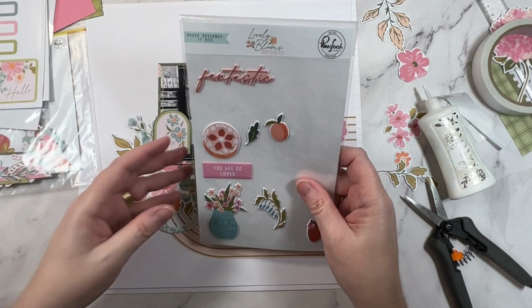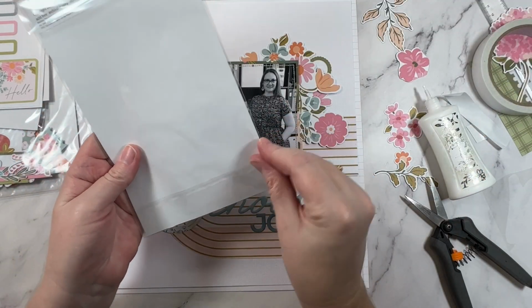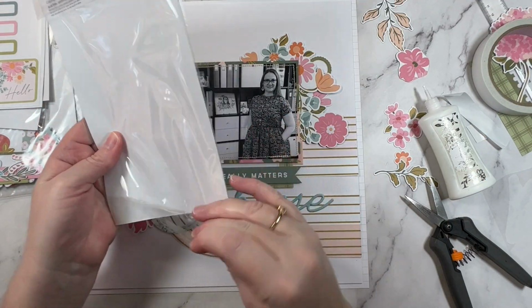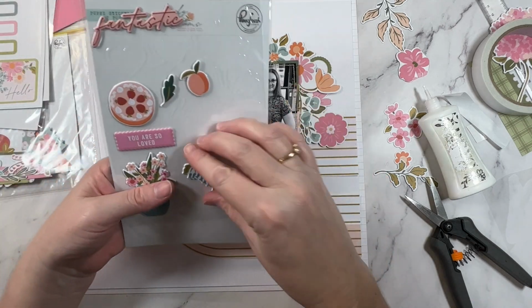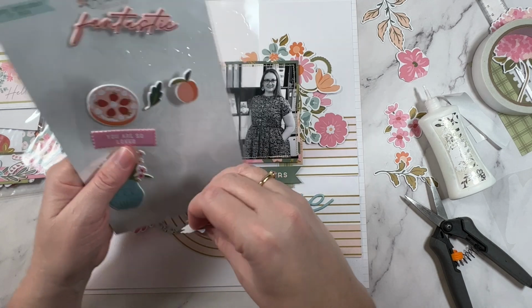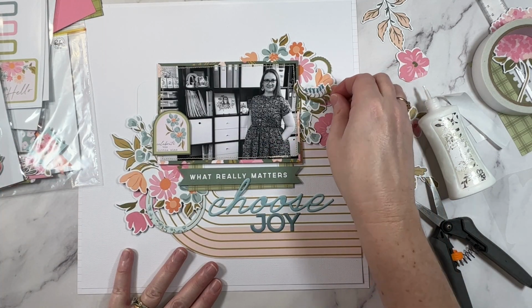I do have these. You Are So Loved. So I would never put that on a layout that's got me on it. I do have this little blue bell element. Gee, there's not many of these left. I might have to get another packet of these. I do love this collection. I might add that in,